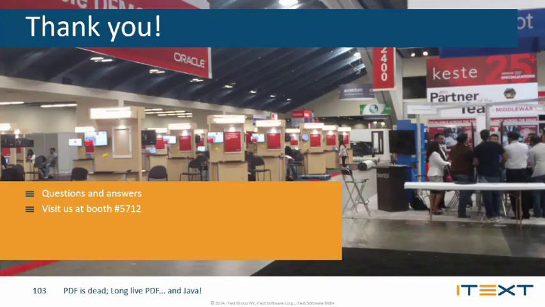I want to add an image. Does that image follow some standard? So you've briefly seen the structured tree root. In the structured tree root, it has the complete sequence of all the objects that you add. So the difficulty of adding an image to a document that is already PDF/UA is you can't just add it to a page. You also have to refer to that structured tree root, so you also have to add an entry in the structured tree root at the correct position. So that can be a challenge.